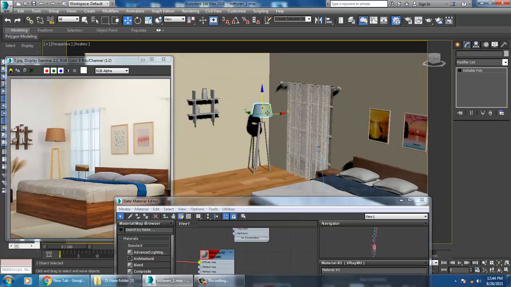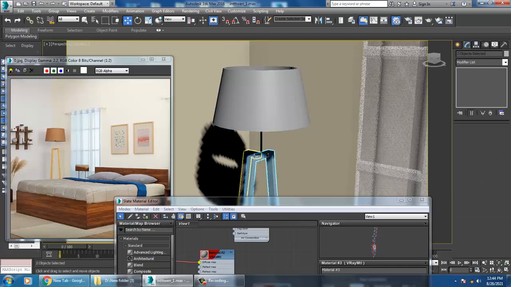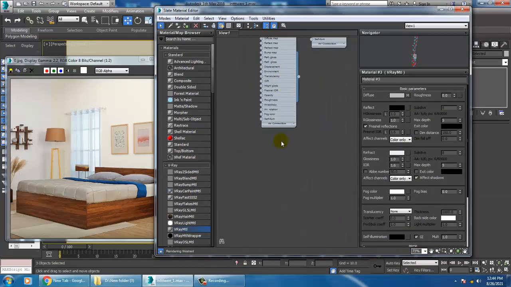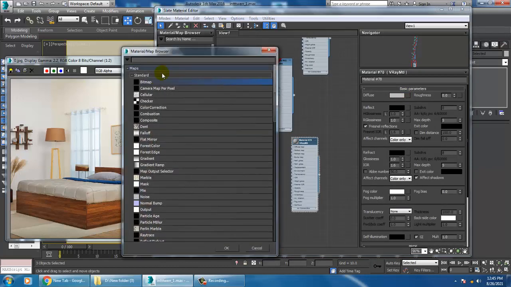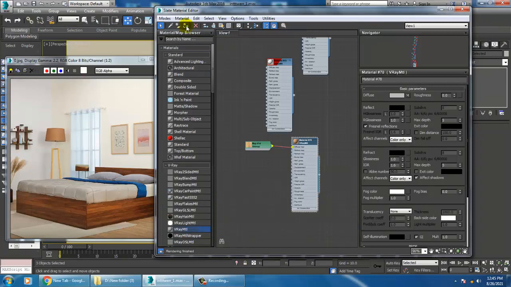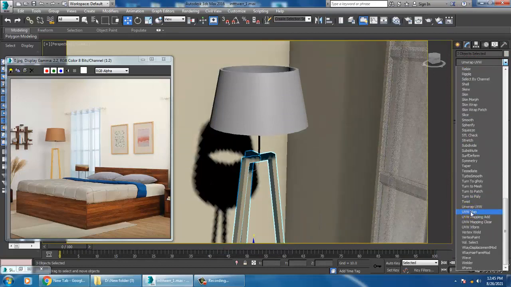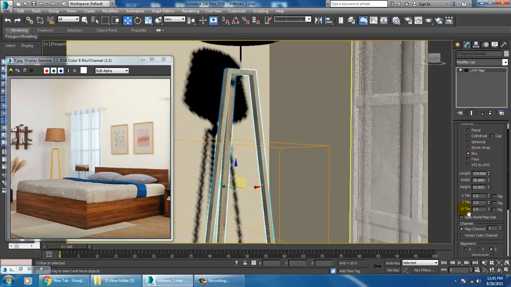Select this part, take this, I'll again take a V-Ray material, diffuse, bitmap, and I'll take a light wooden texture over here, and let's assign a UVW map and set it as a box.